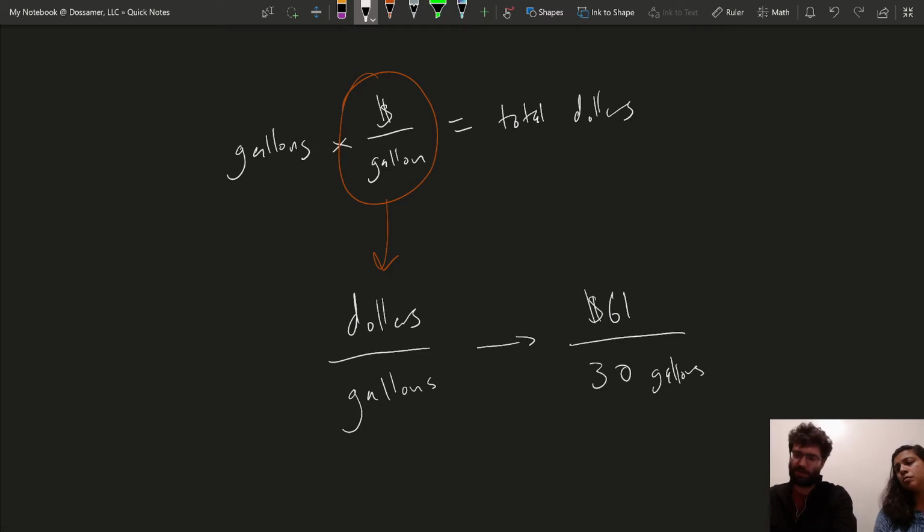In our equation before, we have one example, because there's a couple different unit costs in this problem, and one example that we can find is we had $61 in total expenses for 30 gallons of gas over 2 weeks, and that's a fraction that can turn into a unit cost, but it's not a unit cost yet because we haven't